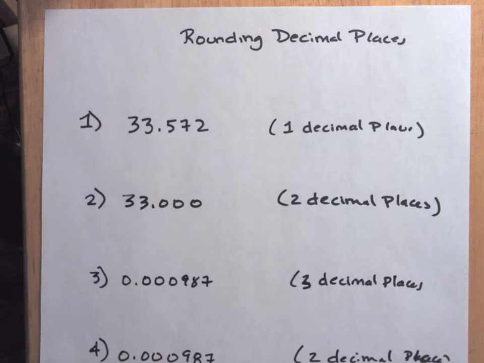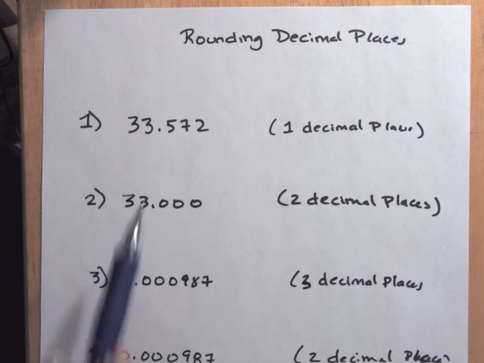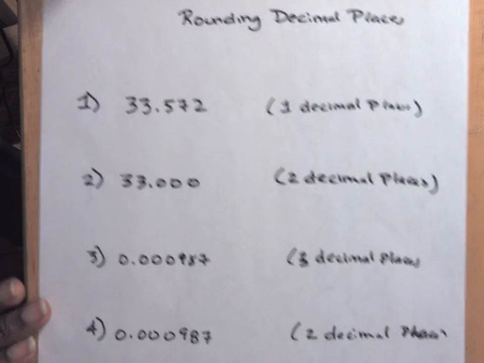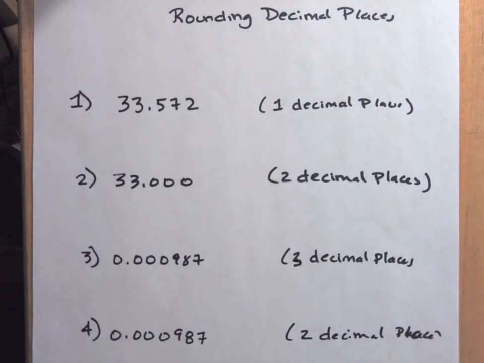We've already reviewed how to count the number of decimal places. So you would look at the values that you added or subtracted and figure out which one has the least number of decimal places. And then you want to report your answer to that number of decimal places, whatever is the least number. Once you've done that, you need to figure out how to round it to that number of decimal places. So for rounding to the correct number of decimal places,